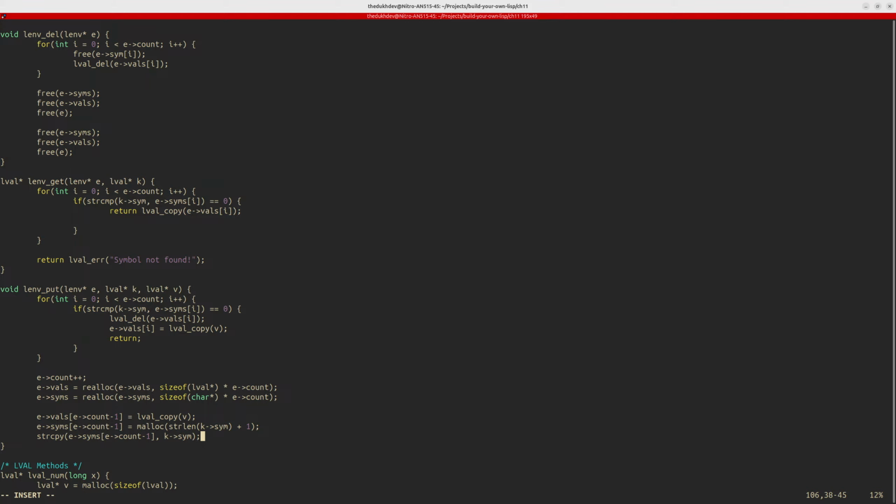So we have our evaluation functions now, and they depend on some environments. We should pass this in as an argument and use it to get a value if we encounter a symbol type. So our environment returns a copy of the value. We need to remember to